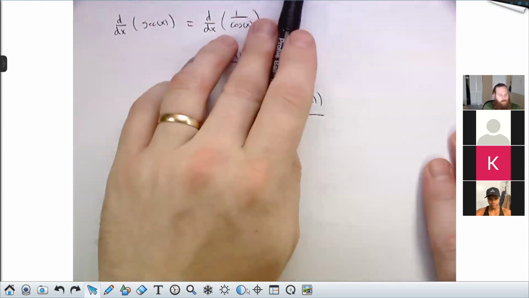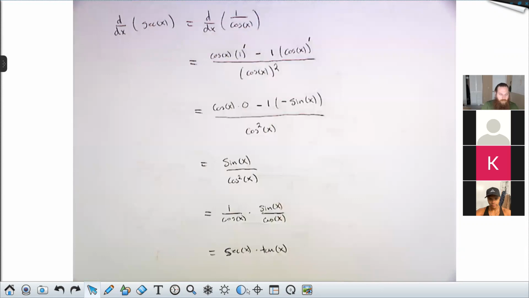Similarly, we can calculate the derivative of tangent. It will come out to secant squared. The derivative of cosecant will come out to negative cosecant cotangent. And the derivative of cotangent will come out to negative cosecant squared. But you guys should take the time and do those calculations on your own. And next week, we will grind a little bit more with trig derivatives and the chain rule. And that's going to be a lot of fun.